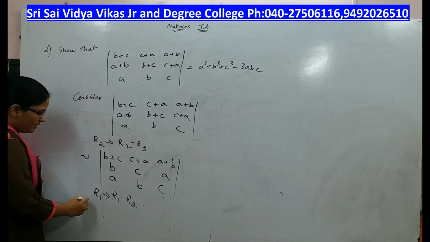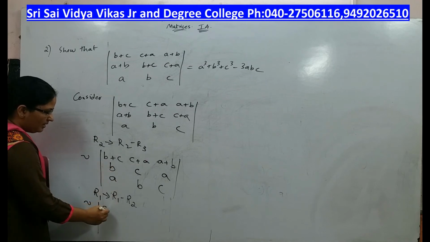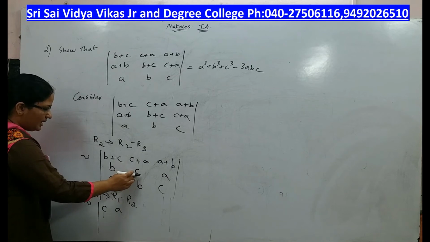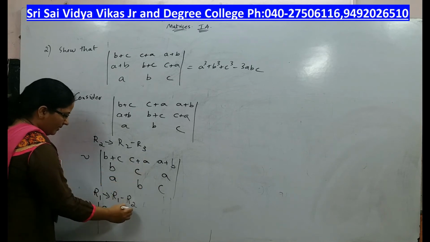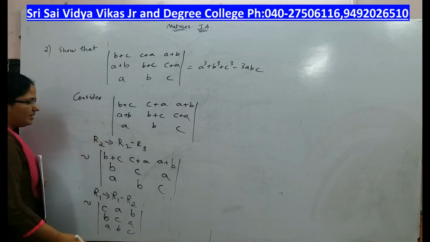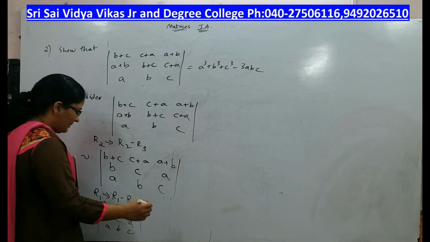So you have B plus C minus B is C, C plus A minus C is A, A plus B minus A is B. So the first row is C, A, B; the second row B, C, A; and the third row A, B, C. Now let us take the determinant. This is with signs plus, minus, plus, so that will give you